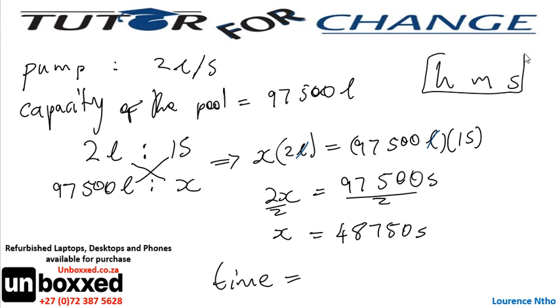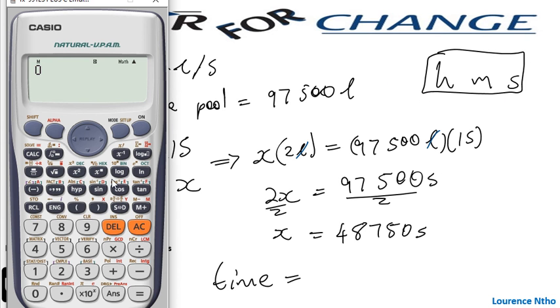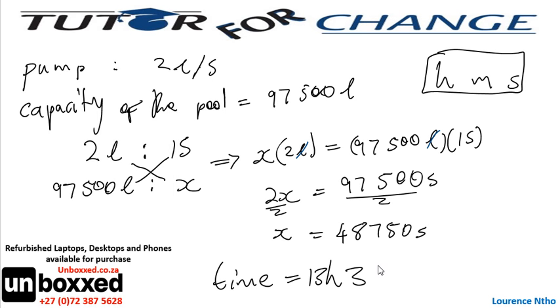Like in basic units, we can have time in these units, right? So we don't have our time in hours. We are going to say 0 hours, 0 minutes. But then what do we have? We have our time in seconds, 48,750 seconds. This represents hours, minutes, seconds. So when you click equals, that's where you will get your time as 13 hours, 32